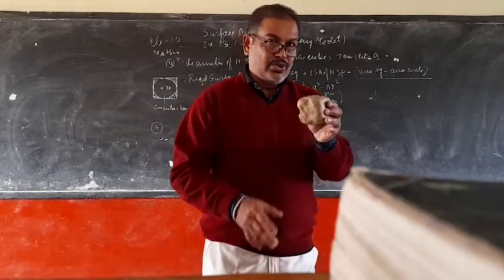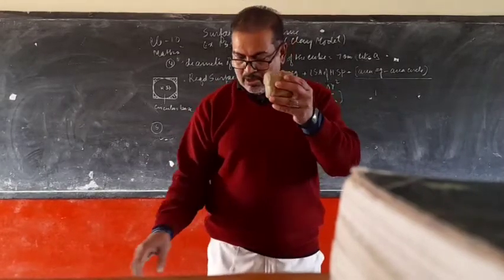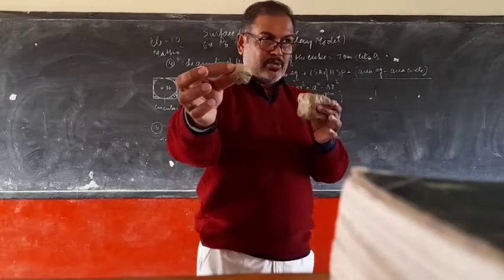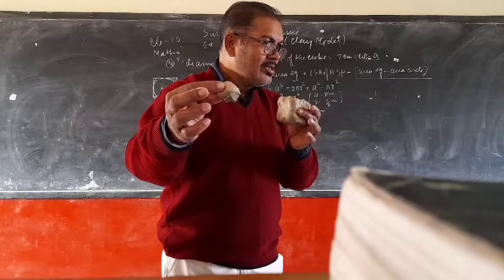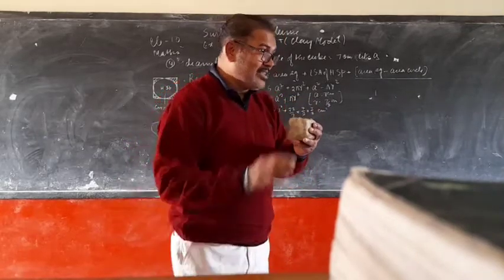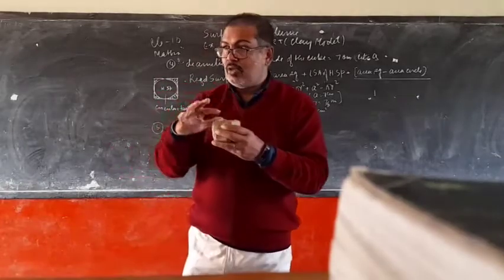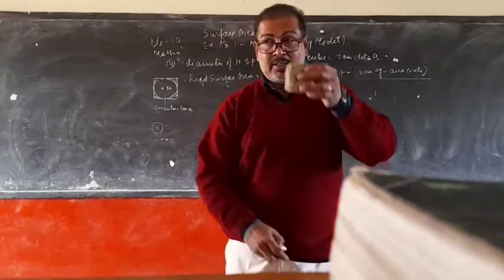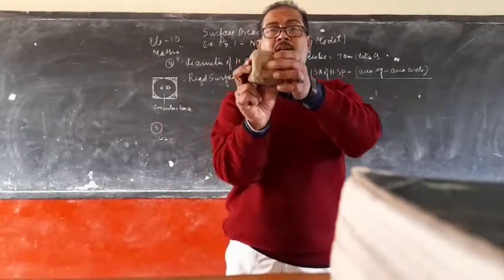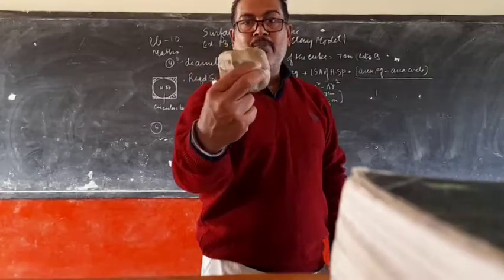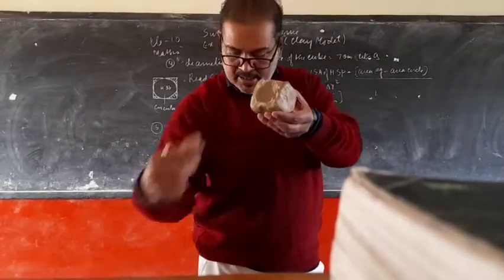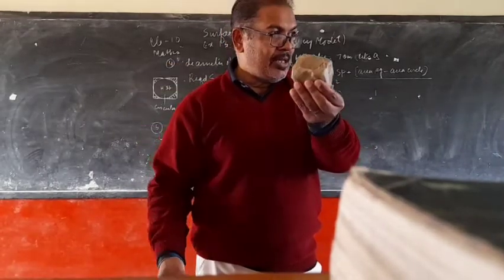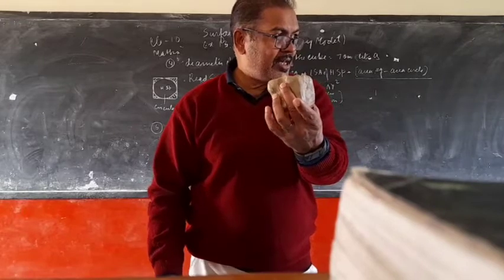Now here, this is question number 5. You have given a cube. From this cube, a hemispherical depression is cut out. What is the total surface area? And here you have given that the side of the cube L is equal to the diameter of the hemisphere. So in this condition, this is question number 5, in which you have given a hemisphere. From the hemisphere, this hemispherical depression is cut out. What has been done, it has been removed from it. So we have to find its total surface area.